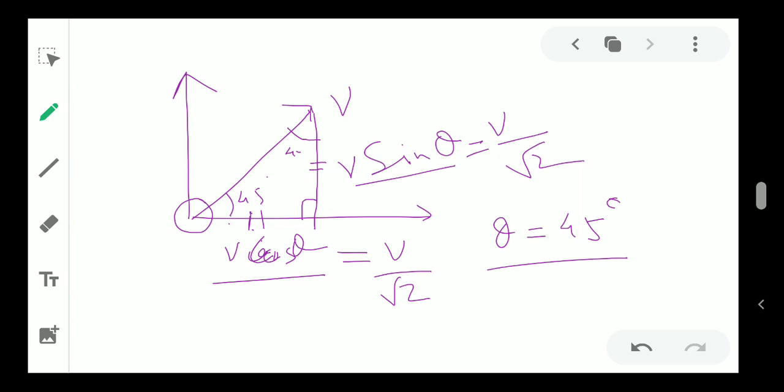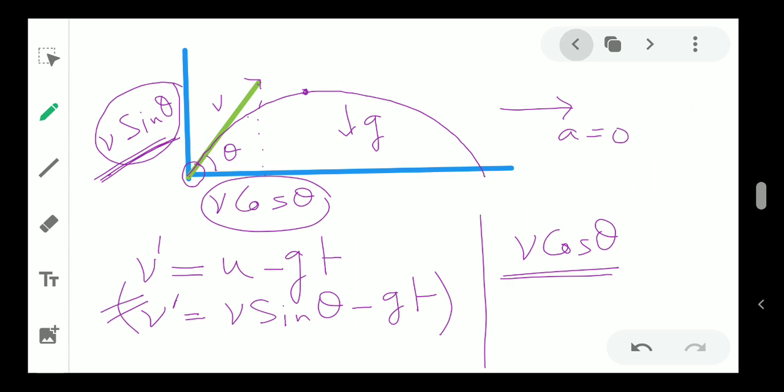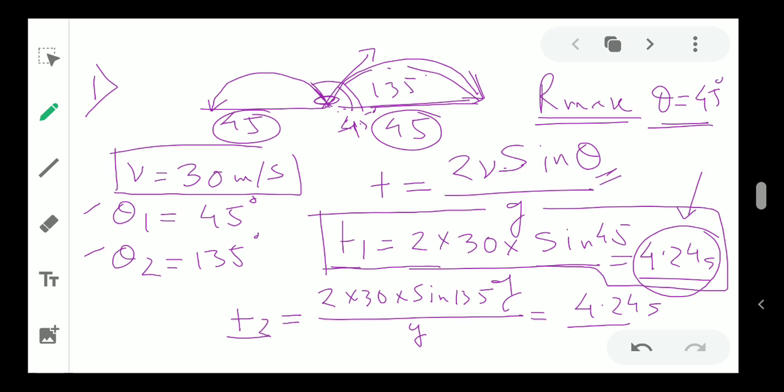Let us talk about another one which was a little bit confusing, I know. So the question was, is it possible to project a body with a given speed in two possible ways so that it has the same horizontal range? The product of time taken by it in the two possible ways is the option there. So how to do this math? Now you must be thinking about this scenario.